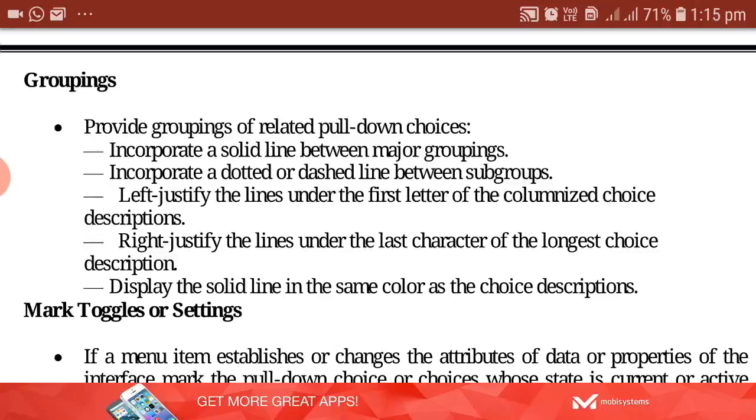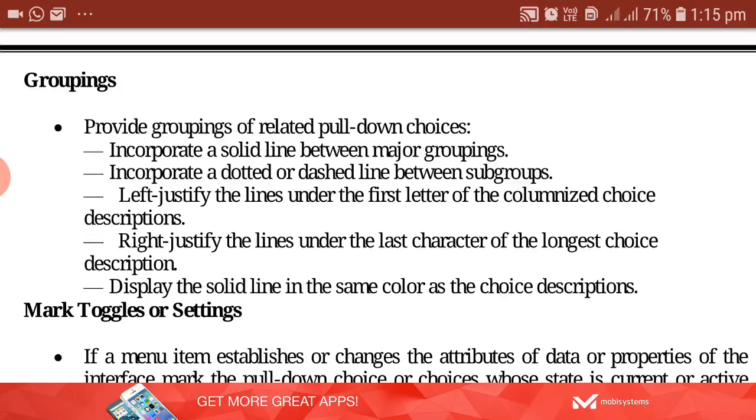Again, right justify the lines under the last character of the longest choice description. Whichever choice name is very long, you have to take that, and from there you have to right justify.